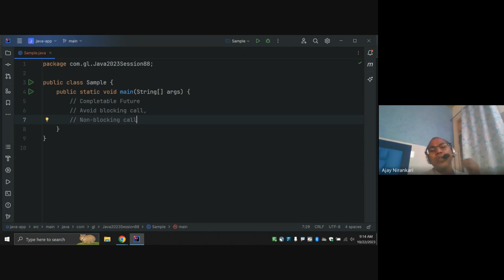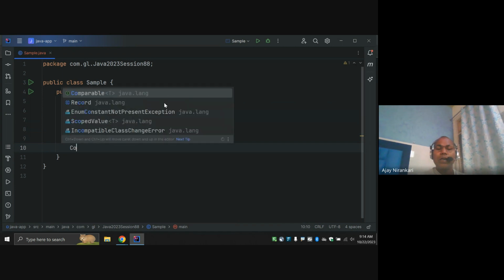So these are some key additional concepts or features that CompletableFuture gives us. With the basics of multi-threading, we can understand properly from the Runnable interface, from the CompletableFuture base. Okay, but both the Runnable interface or